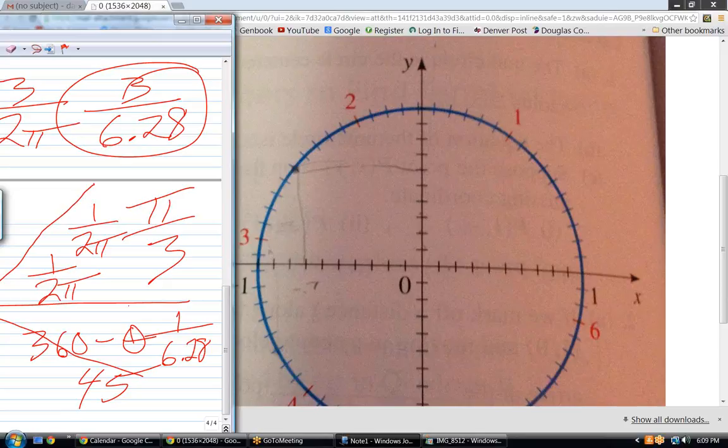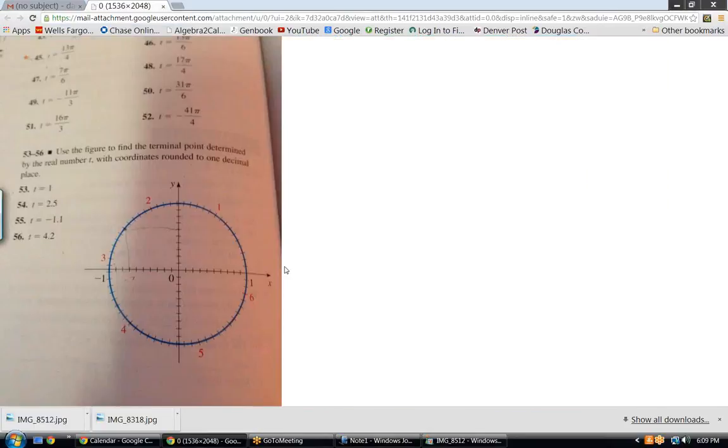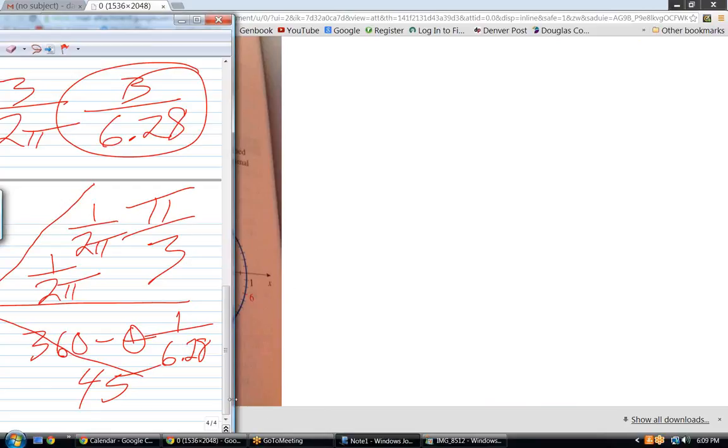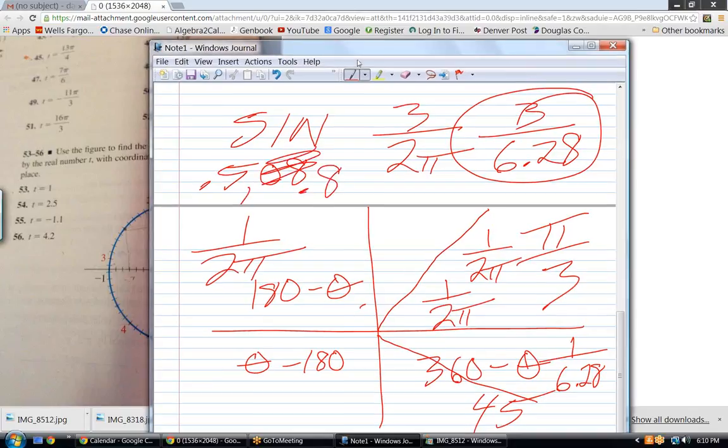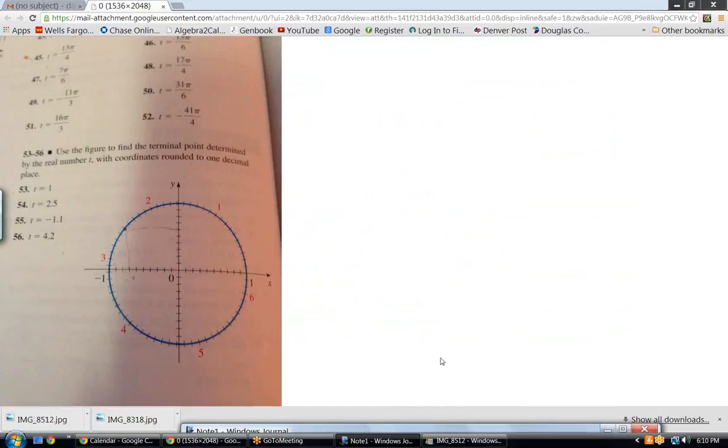Alright. So for 53, they said the answer was 0.5 comma 0.8 for the t equals 1. 0.508? No, 0.5 comma 0.8. That's like the terminal point. 0.5 comma 0.8. Yeah, that was the terminal point they got. Okay, so